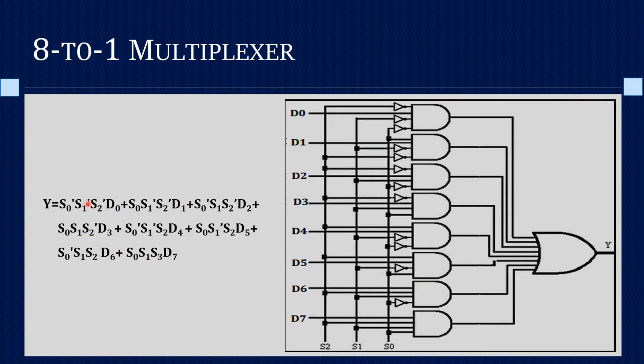The diagram consists of, since we are having 8 different minterms, 8 AND gates. So in the first level, it consists of 8 AND gates, and in the second level, all the outputs from the 8 AND gates are connected by means of an OR gate. So this is the case of 8 to 1 multiplexer. We are having 8 input lines, but only one will be selected, and it will be passed through the single output line. That is the case of 8 to 1, many to 1.